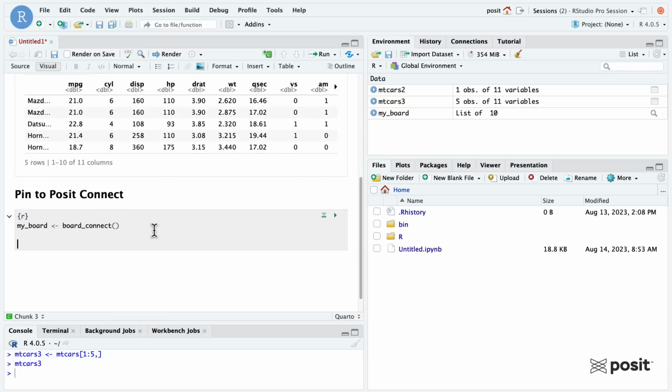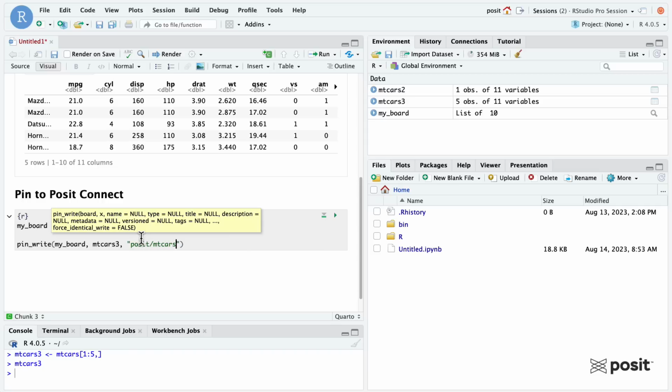And then let's go ahead and write out the actual pin_write function. So we assign it, provide it with my board, the new mtcars3 data set. And let's go ahead and give this a new name. So I'll say posit, and we'll just keep it simple and call it mtcars3. And let's go ahead and save it as a CSV file.